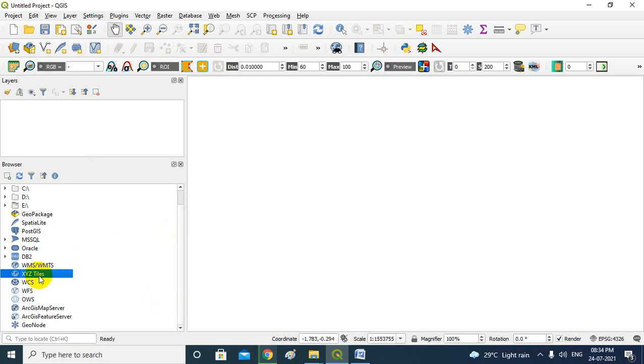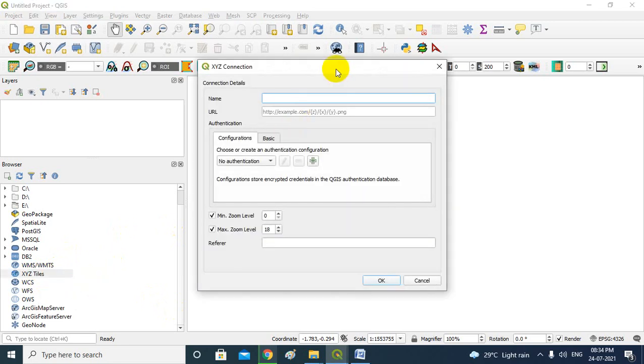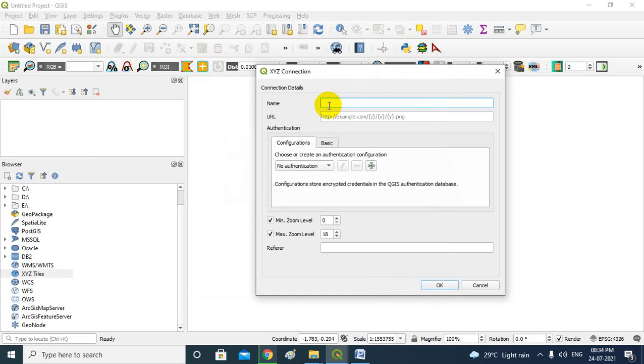Just click XYZ Tile, then click the mouse right button, then choose New Connection. So provide a name. Suppose you want to add Google Map, so I write down Google Map. Then you have to provide the URL, Uniform Resource Locator link.